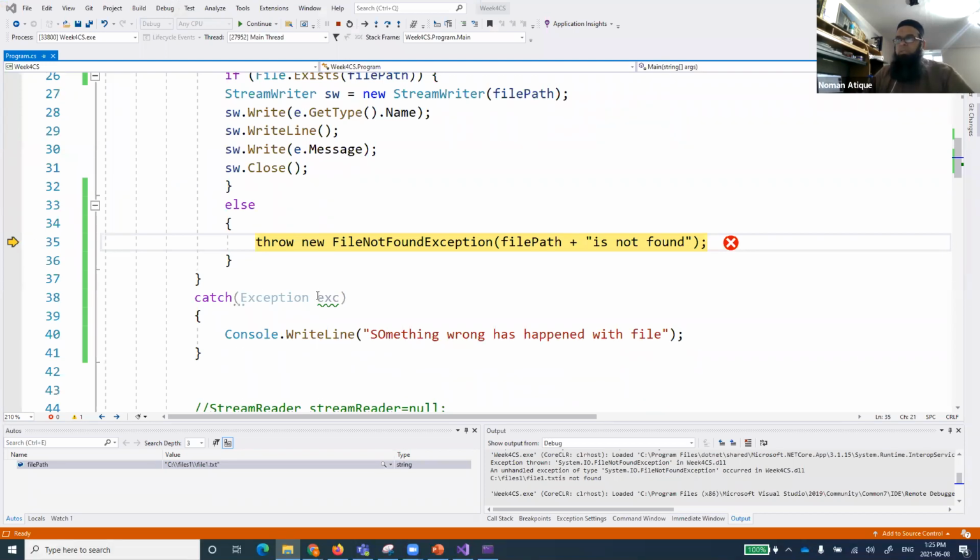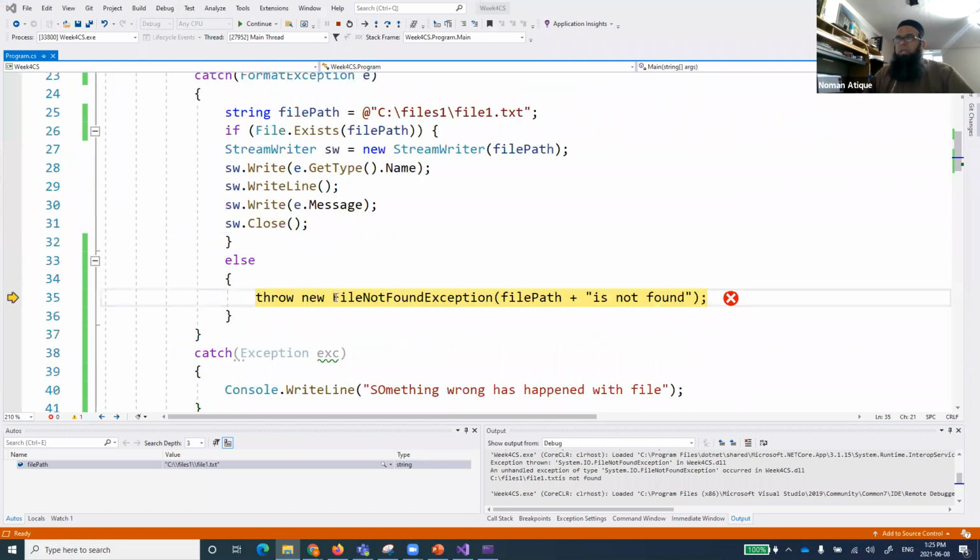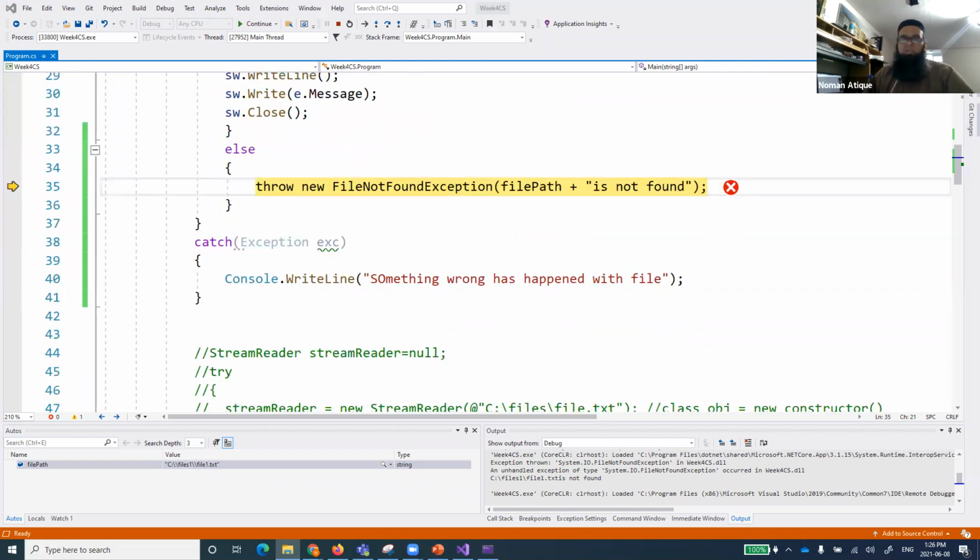Okay, so it's not catching this one. Else closed here, catch closed here. Catch is here. It should catch that one. Okay, let's see what is wrong. All right.